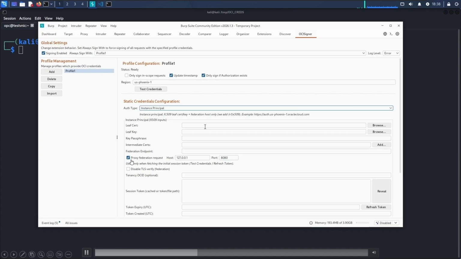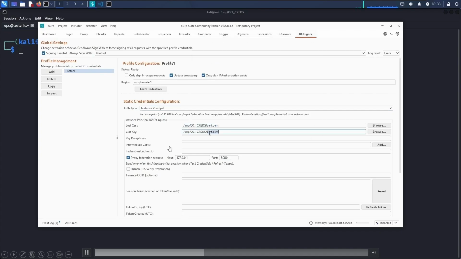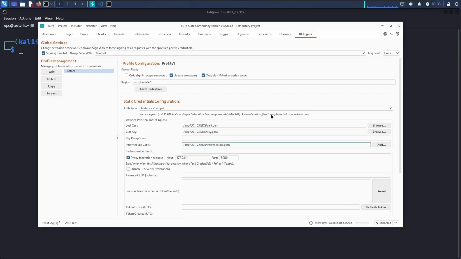Back in our instance principal, we're going to start loading in all these different things. So I load in my cert.pem, my leaf.pem, or my key.pem. Again, probably don't need a passphrase. Then your federation endpoint. This is going to be a hard-coded value from what I've seen. It's usually going to be